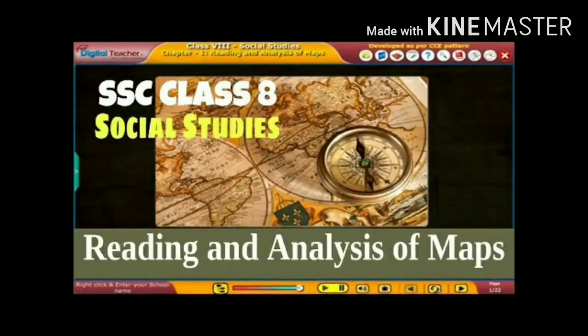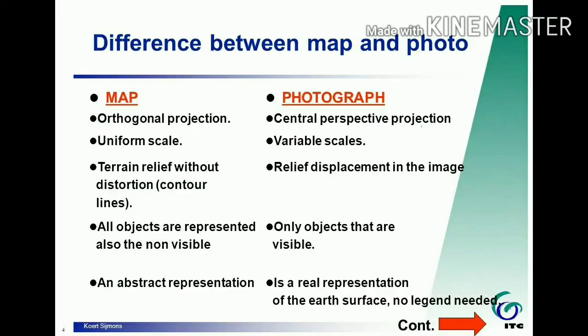In this lesson, we are discussing the difference between a photograph and a map. Maps are used by geographers to show rainfall, soil, population, etc. But photos may not show how much rainfall is received or how much temperature is recorded. This type of information we can't show on photos.